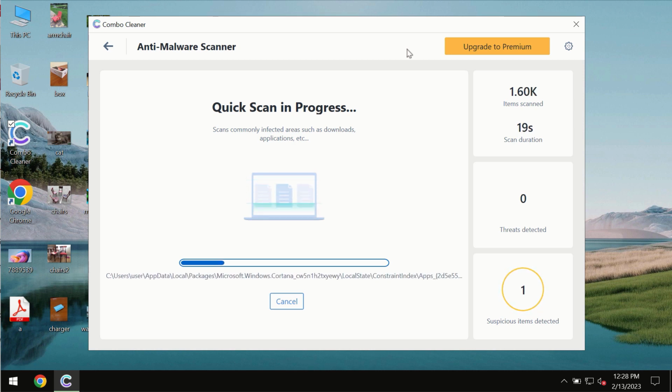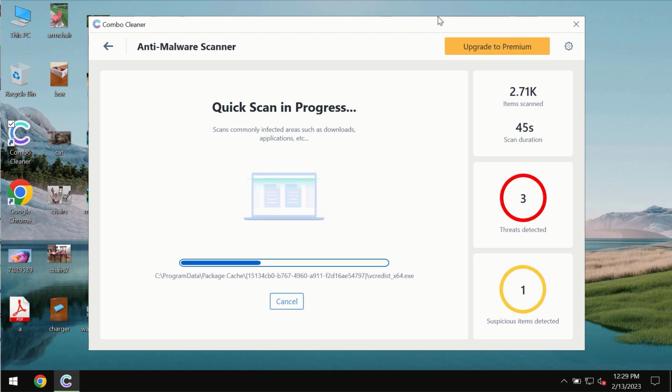of computer infections. The scanning duration by Combo Cleaner will take some time, of course. It depends on various factors. It may depend on how infected the system is. It may depend on how many hard drives are being scanned at the same time. And at the end of the scanning, you will then see the complete summary of all the threats which were